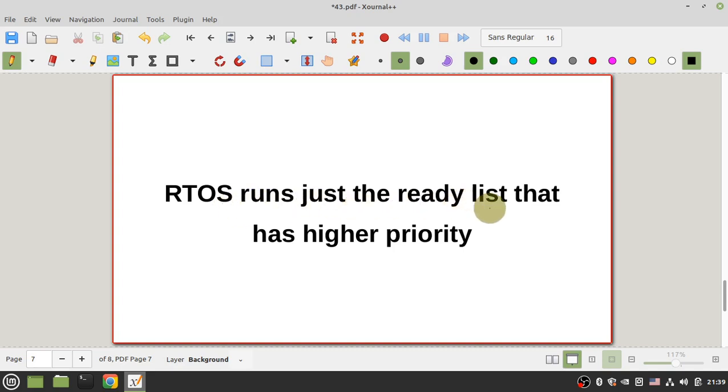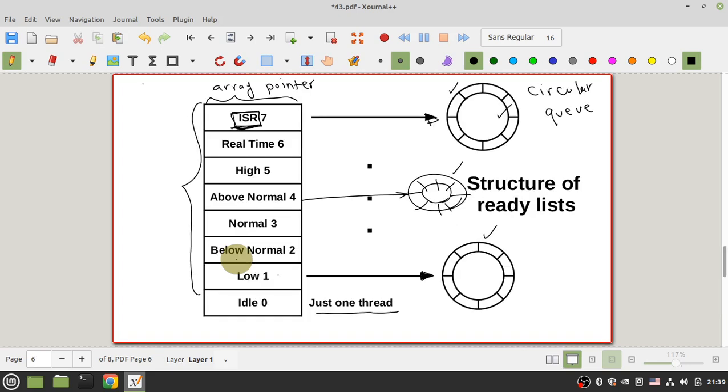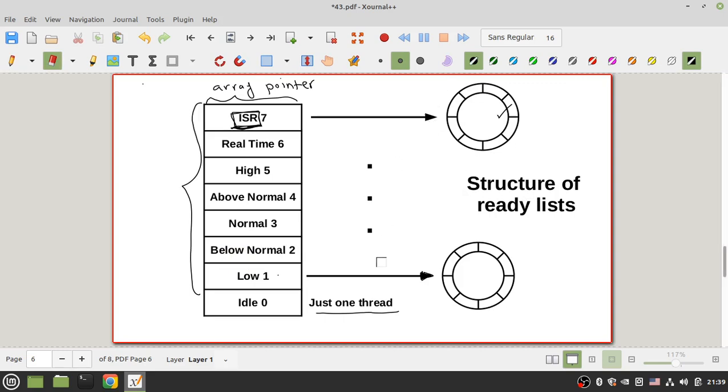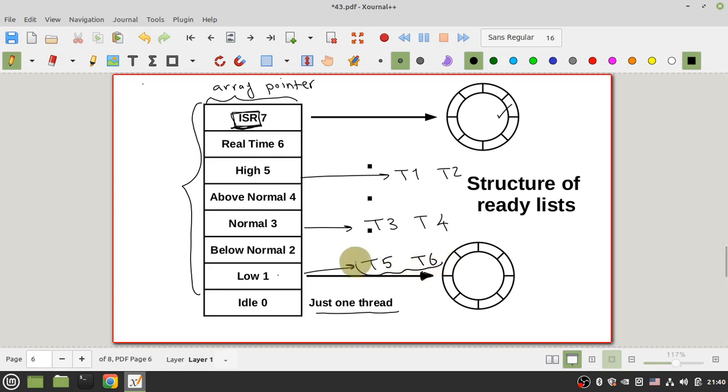RTOS runs just the ready list or ready queue that has higher priority. For example, when you have two threads that have priority high, for example thread 1 and thread 2, and two other threads, thread 3 and thread 4, that have priority normal, and two other threads, for example thread 5 and thread 6, that have priority low,